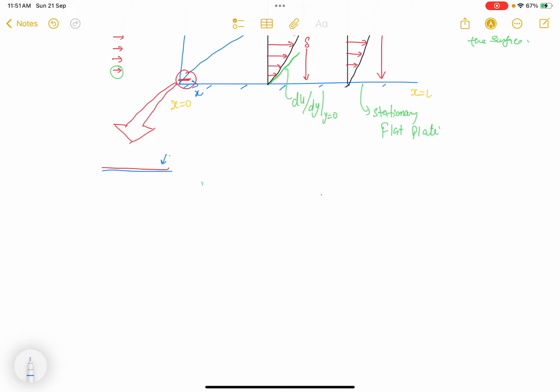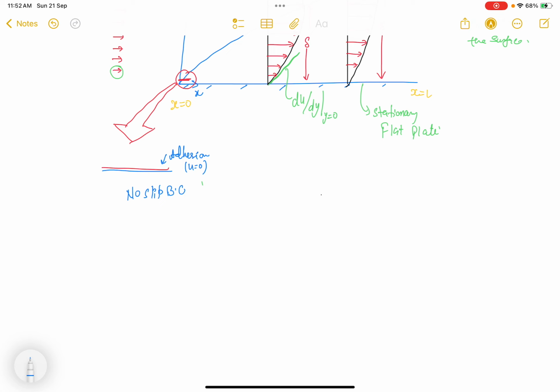This is called adhesion, right? And this layer will have the same velocity as the plate. Here plate is stationary, so fluid will have zero velocity, right? This is also called no slip